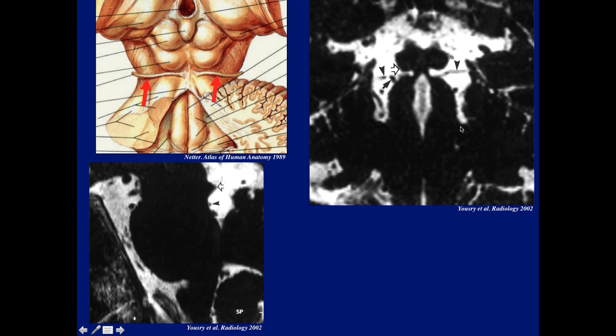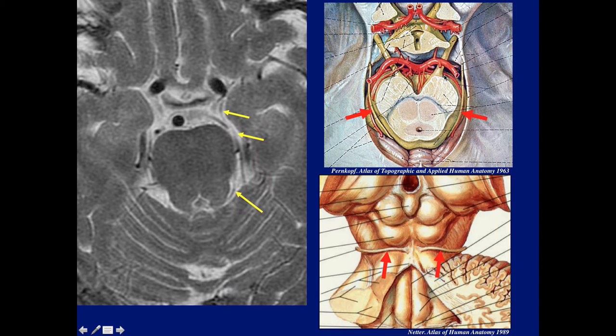And beautifully on these thin T2s, we can see on this sagittal image, here's the inferior colliculus, and here's the fourth nerve just below it. And we can see also in this coronal image, this is the inferior edge of the inferior colliculus, and here's the nerve, both nerves traveling below that.